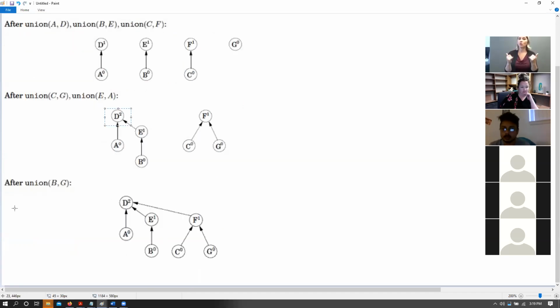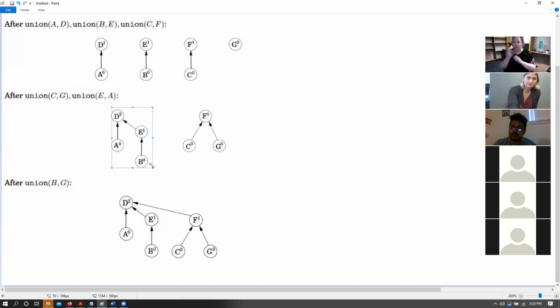Now, note another thing. If the ranks of these two trees are not the same, here we have a rank of 2 for D, and here we have a rank of 1 for F. In that scenario, if we add the smaller ranked vertex as a child node, then the rank remains the same, because adding this smaller tree does not increase the rank of my original tree, since my original tree already had a rank larger than this new tree.